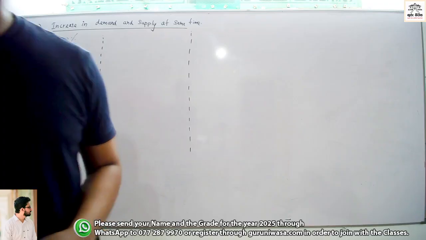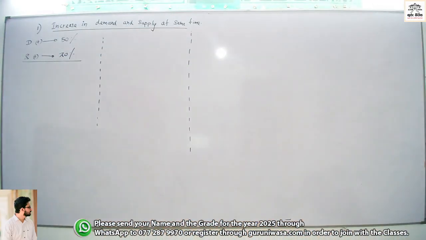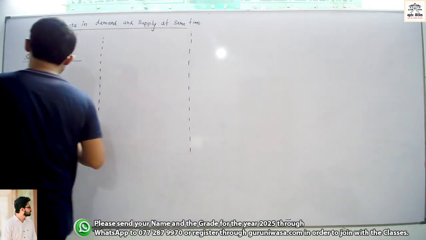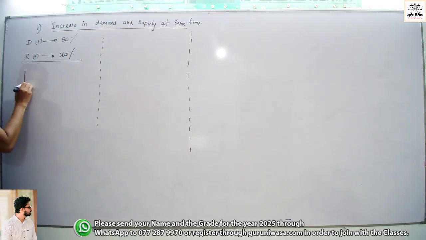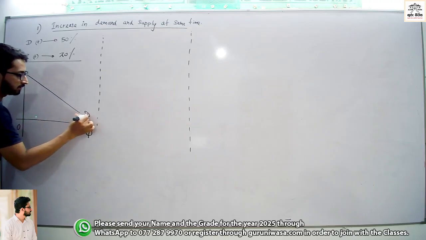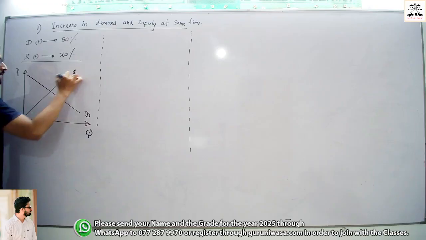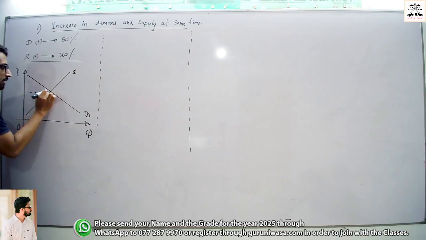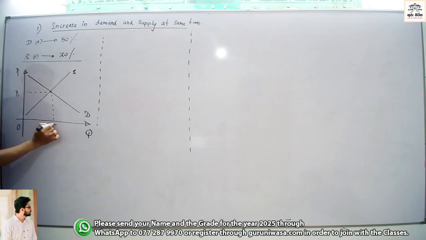Okay, right. How to draw a diagram to show this? First one, Lamai, is drawing the original demand and supply diagram. Right, this is the original market condition. Price axis, quantity axis, 0. This is demand curve, supply curve, and this is the original equilibrium price and quantity. Assume equilibrium price P1, equilibrium